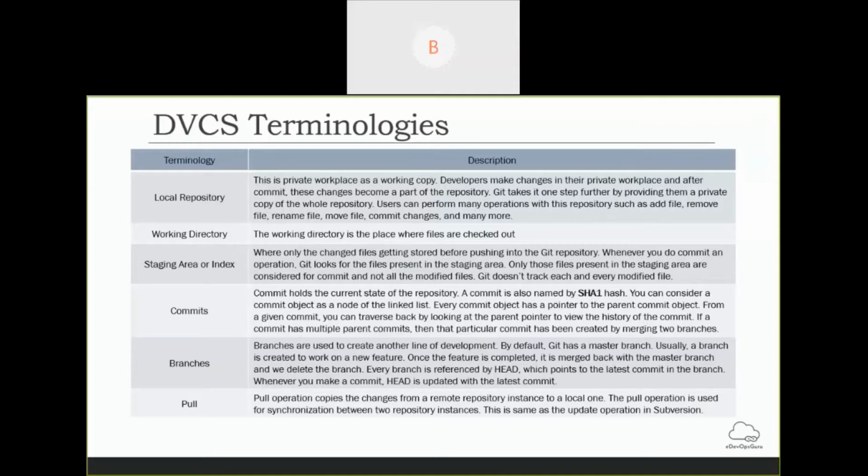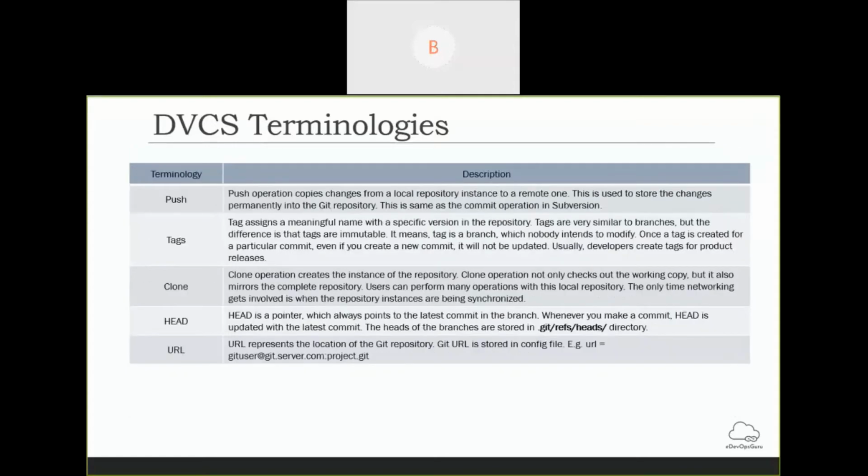Pull, I have also already mentioned: this is nothing but copying the changes from a remote repository to your local directory. Push operation is pushing your local changes to the remote repository.